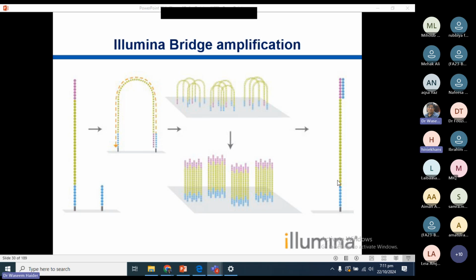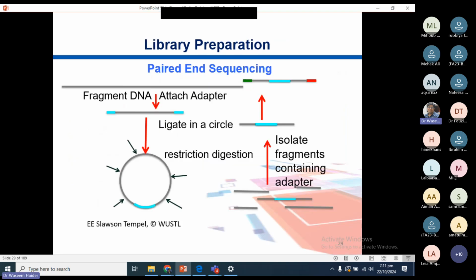Sir, but if we remove all the part of the template and just keep the adapters for which we already know the sequence, and that's also not part of the template, then what is the sequencing for? You're talking about the paired end one? Yes. What's happening over here is, suppose we want to detect whether there is an RNA molecule present or how many copies it has. So we get one copy, two, three, four. All of them are of suppose length 1 kilobase, 1000 bases, right? Rather than taking that whole 1 KB, if we just take 100 bases on this side